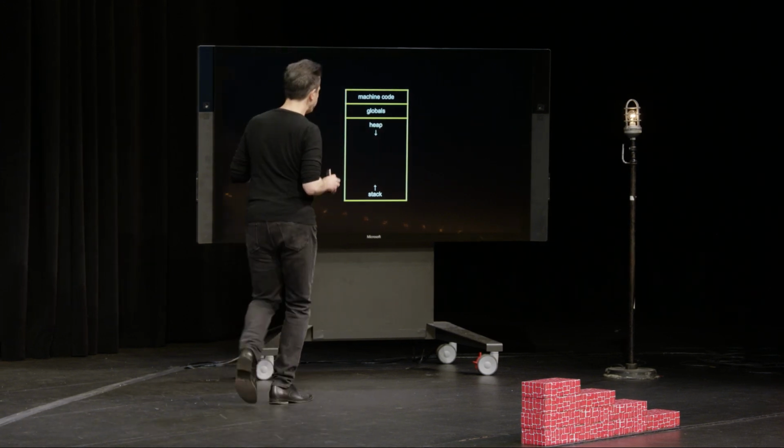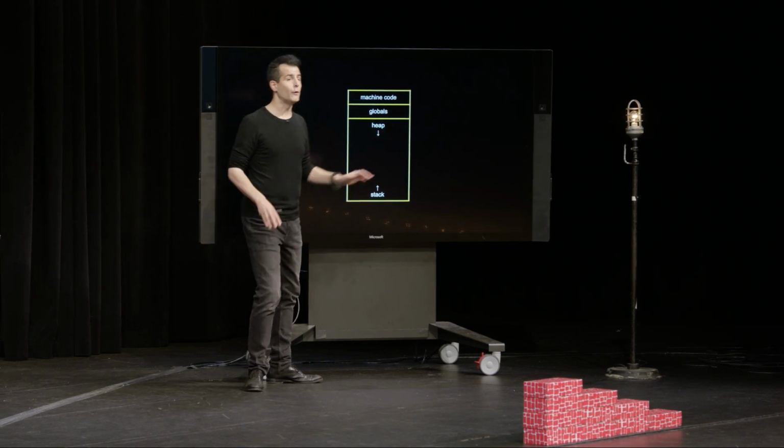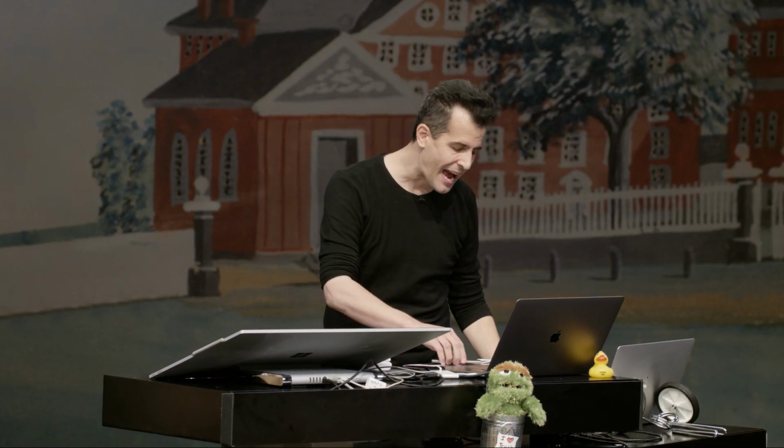So again, when you call functions, memory down here is used. When you use malloc, memory up here is used. Now, for my swap function, I'm not using malloc, so I don't think I have to worry about heap. And I don't have any global variables. And I don't really care about my machine code. I just need to know that it's stored somewhere. But let's consider then what the stack is all about.